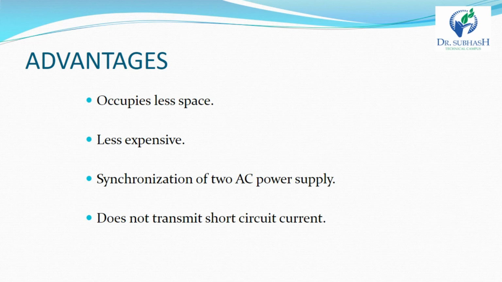HVDC has an asynchronous connection between two AC stations connected through an HVDC link. The transmission of power is independent of the sending end frequency and the receiving end frequency. Hence, it can interconnect two substations with different frequencies. And due to the absence of frequency in the HVDC line, losses like skin effect and proximity effect do not occur in the system, and it does not generate or absorb any reactive power. So there is no need for reactive power compensation, and there is very accurate and lossless power flow through the DC link.